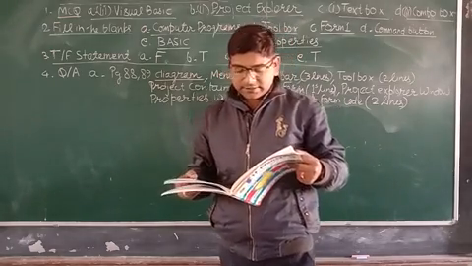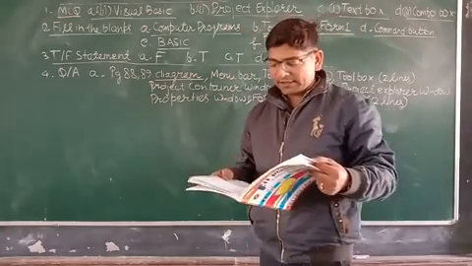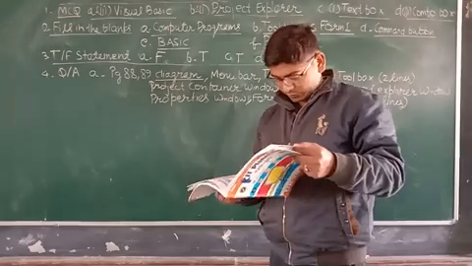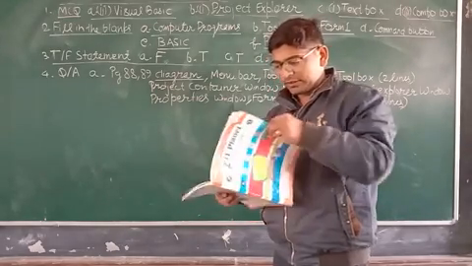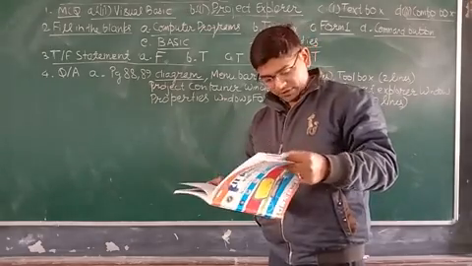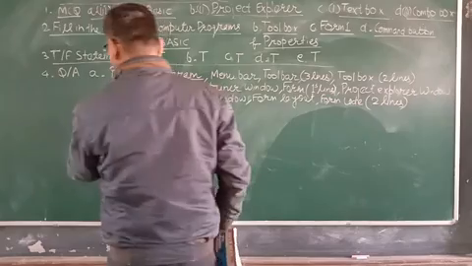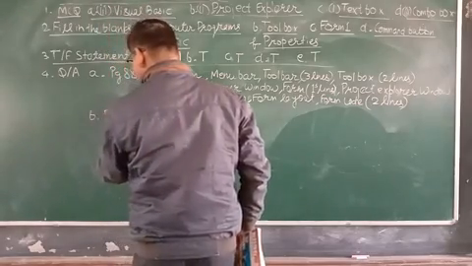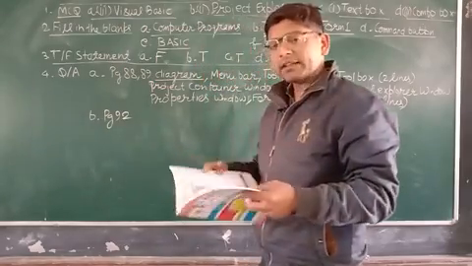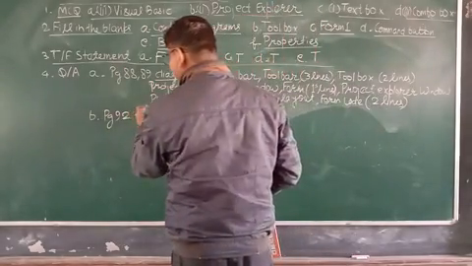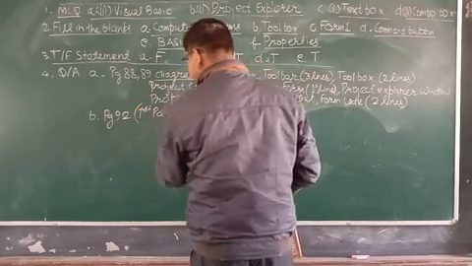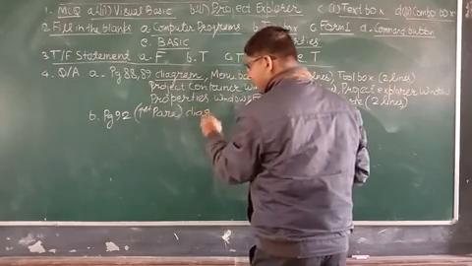What do you mean by a label? How will you add a label in your form? You have to define label. Let's come to the label. Page number 92, B. Page number 92, label. You will write a complete paragraph. First paragraph you will write here, and a diagram you will make.